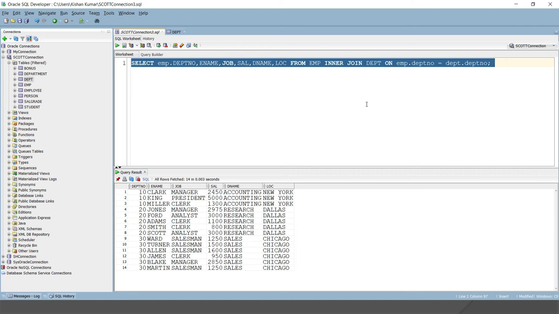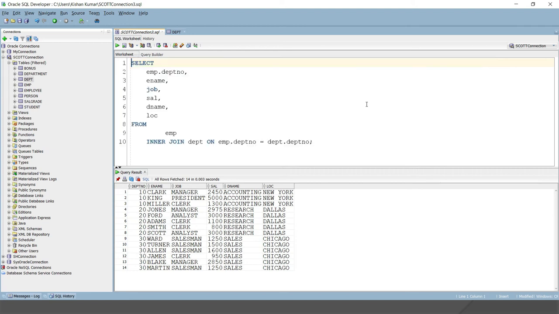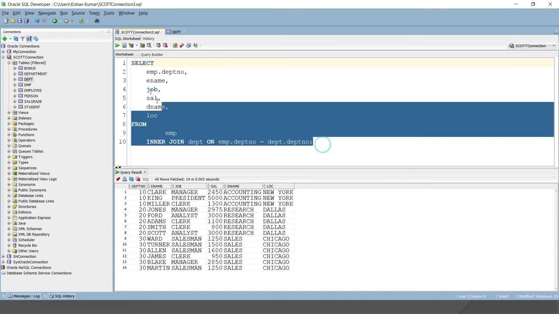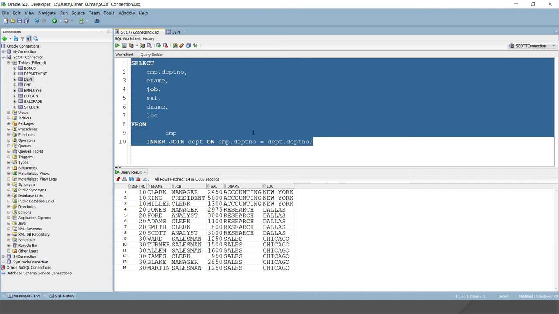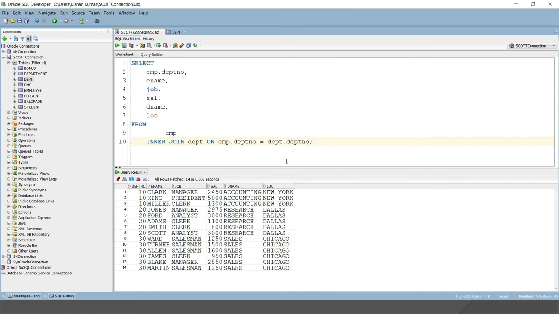Now I'm going to format this query by pressing Ctrl+F7. So this is basically the inner join. This query brings all the matching results between these two tables. If you want to put some more filter criteria, you can put AND here. Now you can see all the employees from departments 10, 20, 30 are getting filtered.